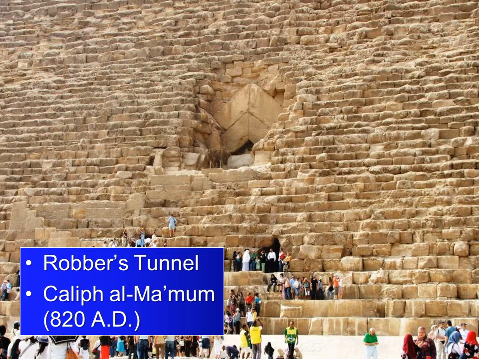Egypt is still Muslim today, but at that time the Caliph Al-Ma'mun had some workers dig a tunnel trying to find the entrance to the pyramid, and they dug quite a ways in, and they were about to give up when one of the workers heard a stone fall inside, and it wasn't anything they had dropped. And they thought, well, we must be nearby, and sure enough, they were. And they went in and they made contact with the hidden entrance, and thus found their way into the pyramid.